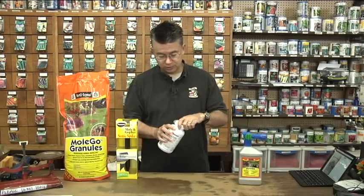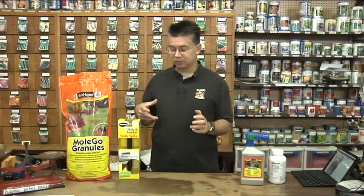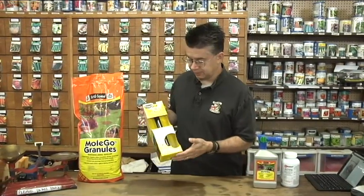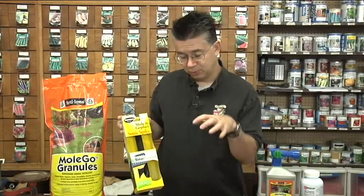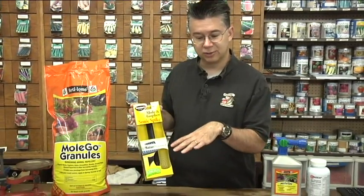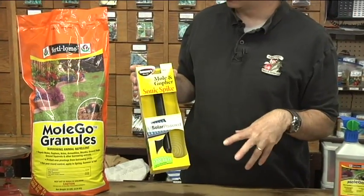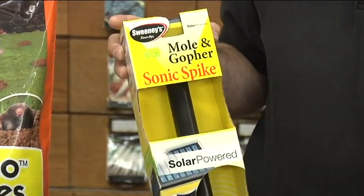The other repellent that you can use, and these are made more for gophers and moles, but they actually work really well for voles as well, is a solar powered sonic spike, and you put it down into the ground, and what it does is it just makes noise through the soil. And it's not a noise that you're really going to hear, but it's annoying enough to the critters